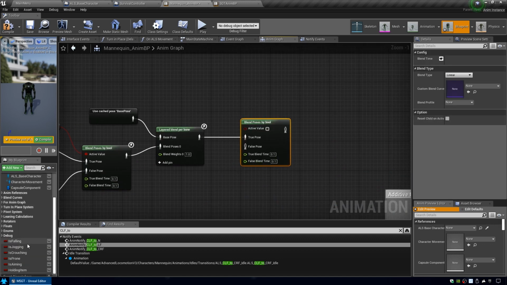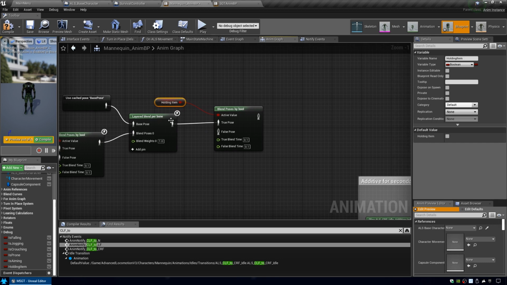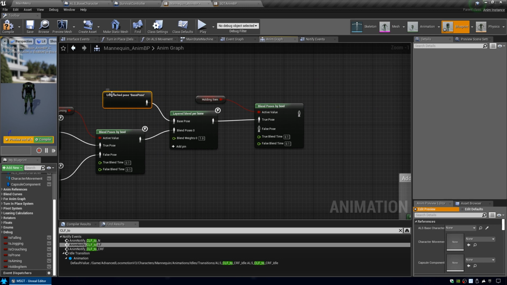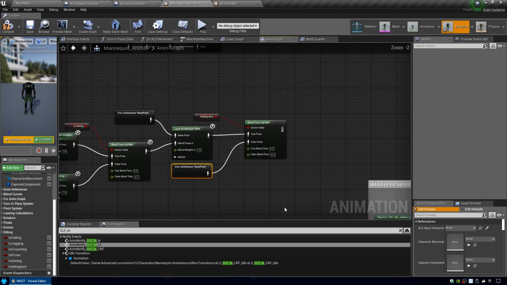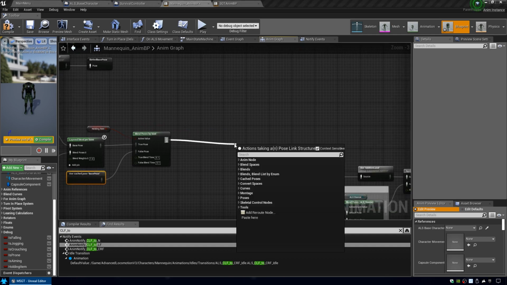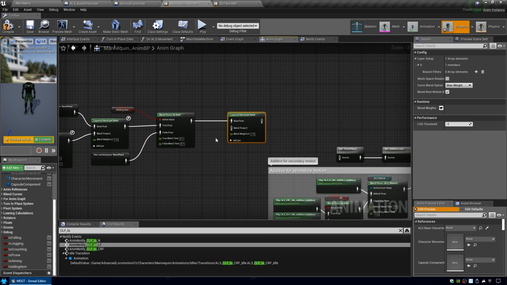And we're going to be checking, so you can scroll down and find holding item. You can drag it directly in there, connect it up. So if you're holding an item, true, we're going to do some of these things with aiming and not aiming. If you're not, we're going to use this cache-based pose, and we're going to put that into false. Okay, that's fine. And now we're going to drag off of this one and do a blend per bone. So to the right of that, blend by bool, and we'll do blend per bone. And our base pose